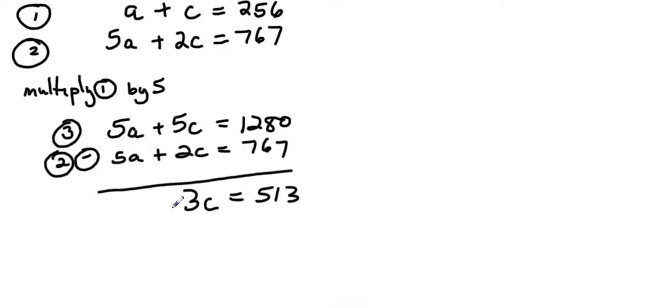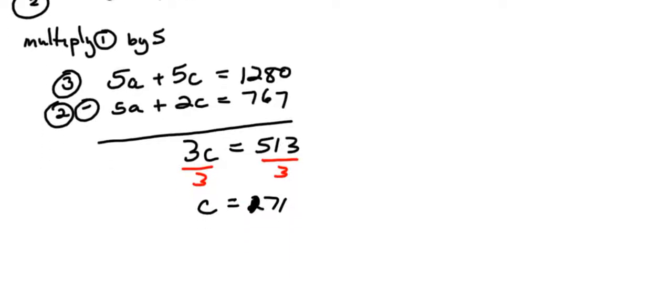Let's hope when we divide through by 3 on both sides that we end up with a nice number. So this is going to be, no, sorry, it's not going to be 27. It's going to be 171. Wow, a lot of children attended. So 171 children attended,